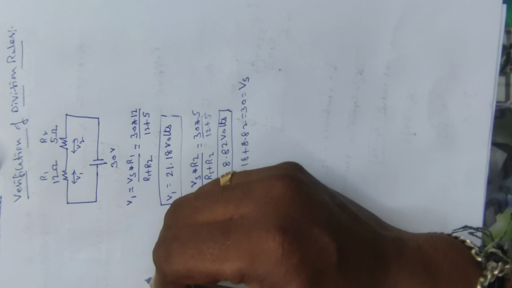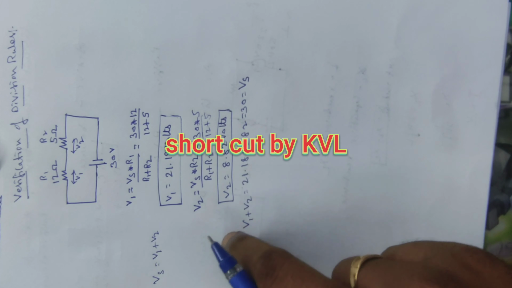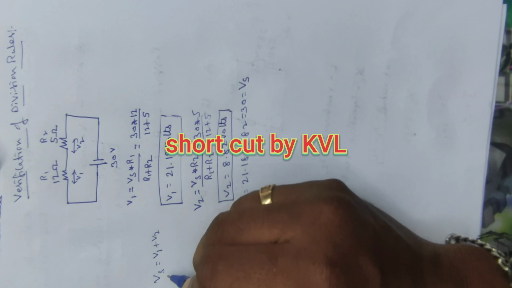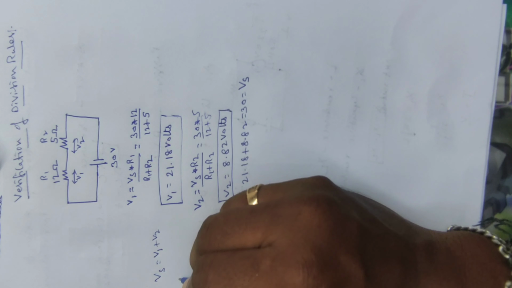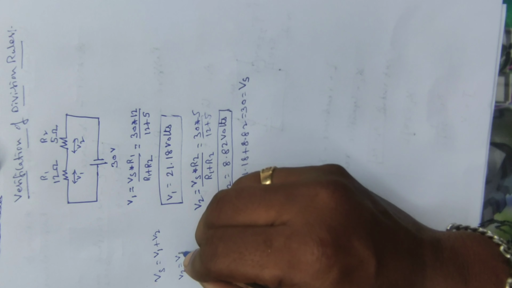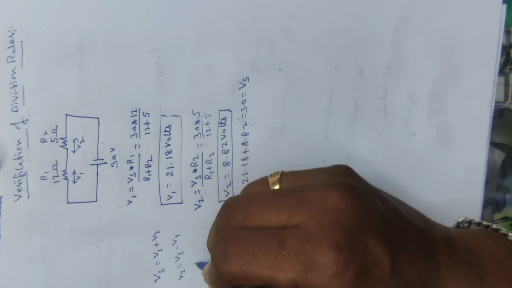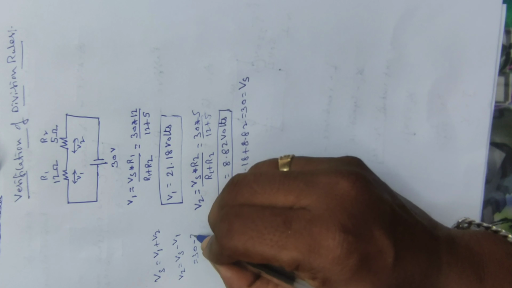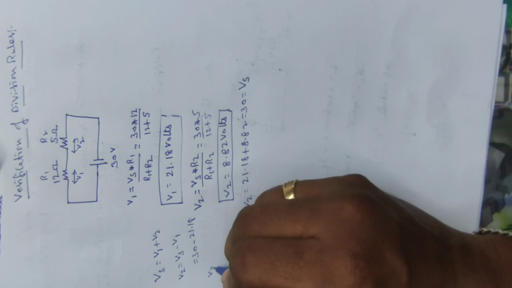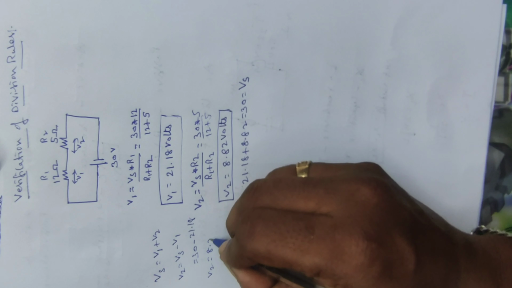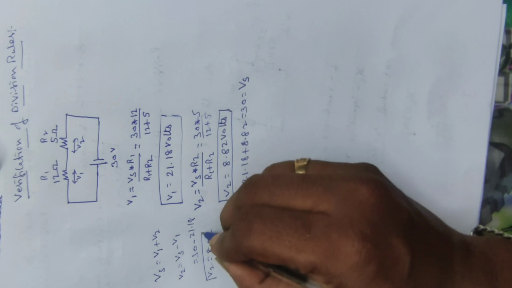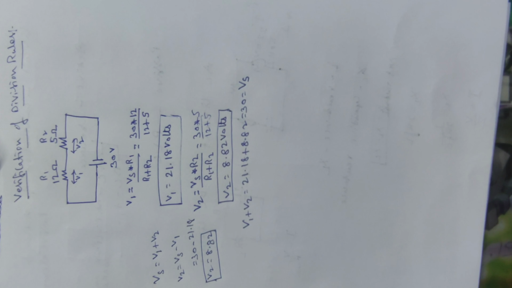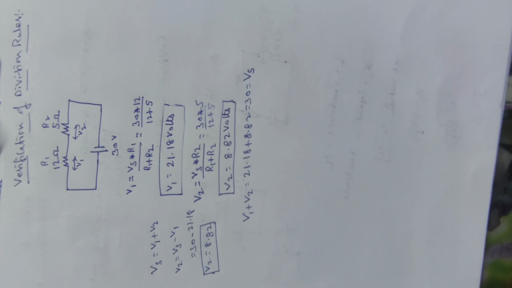The same way, from the derivation and the output verification, we can rewrite this equation like this also. So you need not apply the same formula in both cases. If you know this, you can apply general mathematics only. If you want to determine V2, we can write it as Vs minus V1. Since Vs is 30 and V1 is 21.18, we get V2 as 8.82. In this way also you can get the unknown V2, so you need not apply the formula twice.